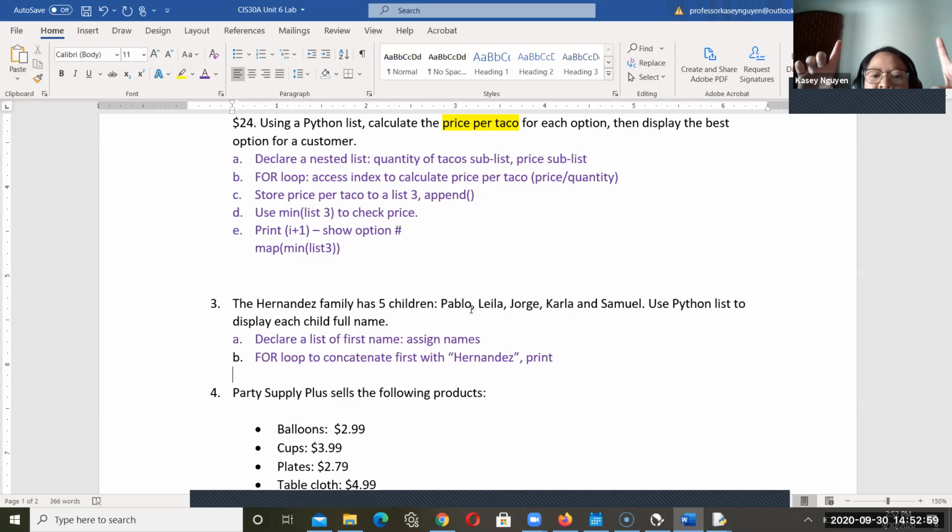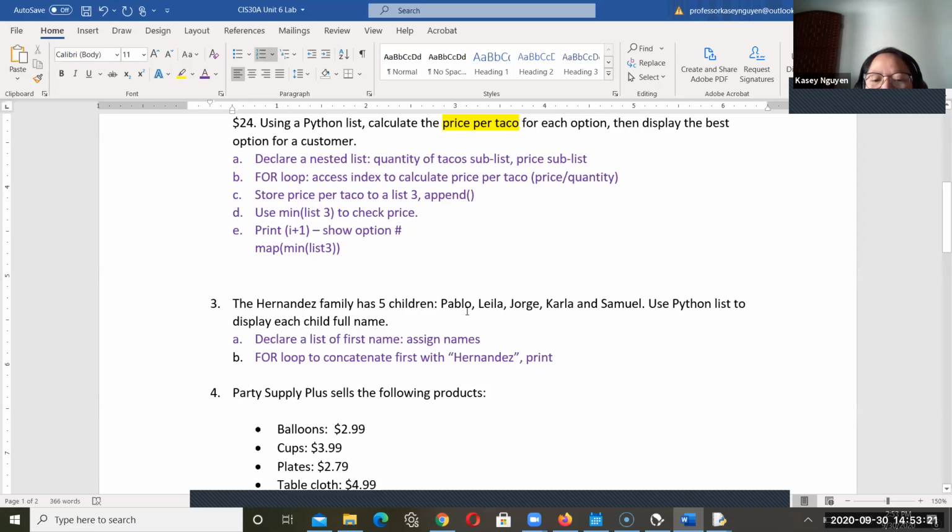They are sublists, and then increase the sublist length by adding the last name and then use a for loop to print each of the element values with the last name. Okay, so it's a lot easier using concatenation with the for loop, right? Compared to